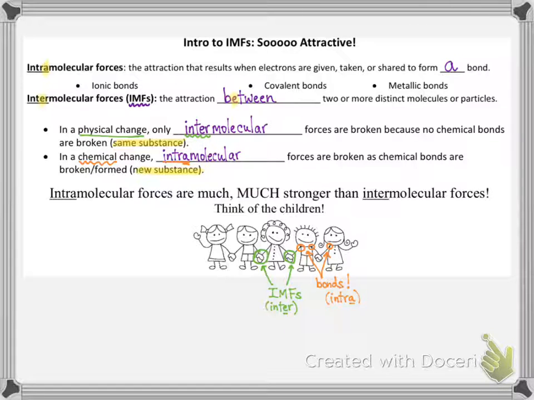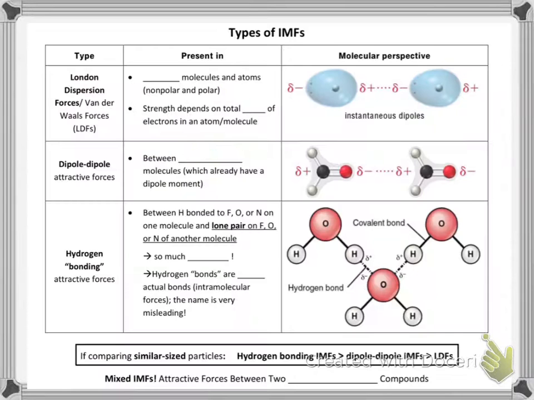So there you go. An absolutely horrible way to make sure you remember that chemical bonds are stronger than IMFs, always. Let's take a look at the three main types of intermolecular attractive forces between separate particles. The first one is called London dispersion forces, or sometimes just dispersion forces, or LDFs. Mastering Chem will call these van der Waals forces, although I would claim that's not 100% accurate. However, that is what they're referring to.